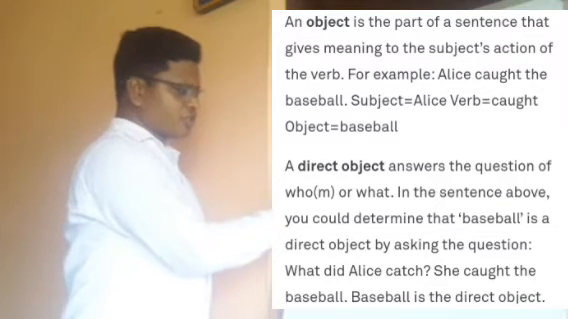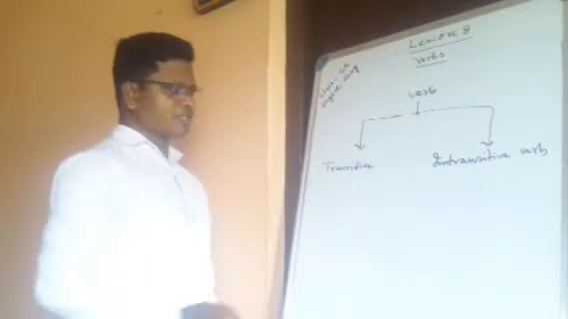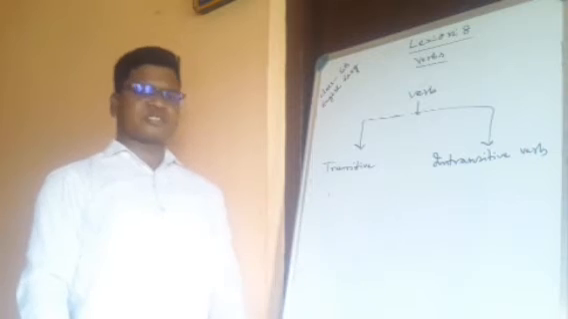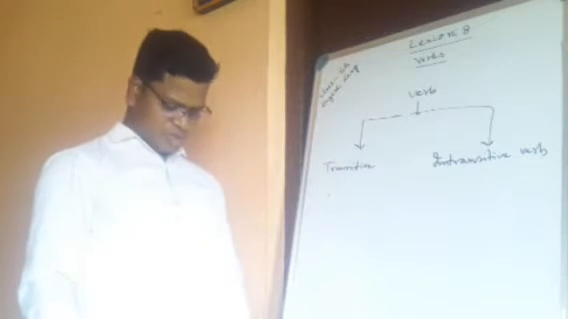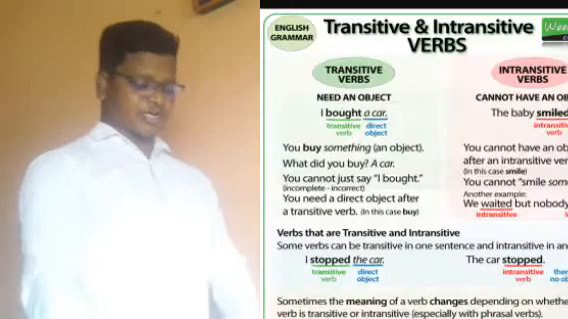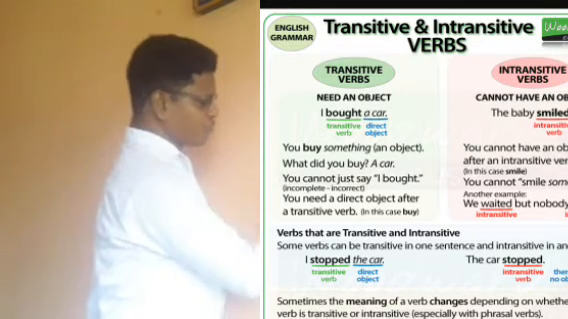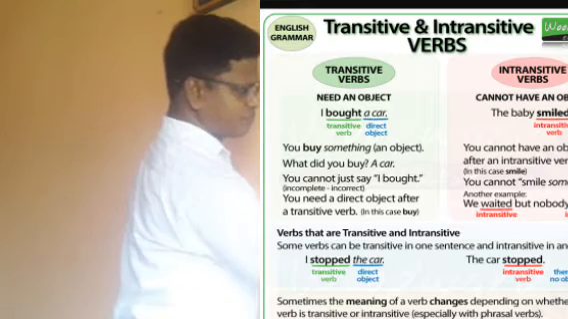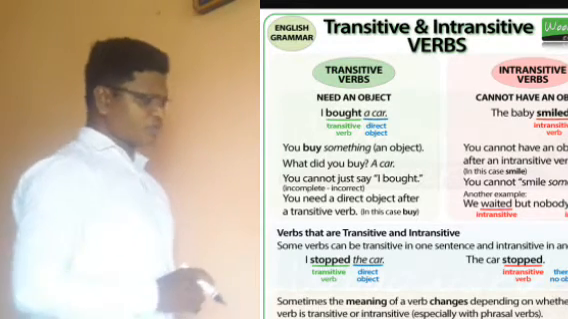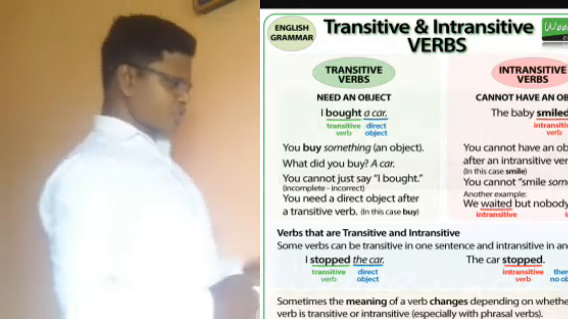And then first of all, here what I have done is that I have just divided the verb into two. One is transitive, the other one is intransitive. Now how to identify transitive and intransitive? We'll see each of these separately. So we are going to talk about the transitive. Transitive means